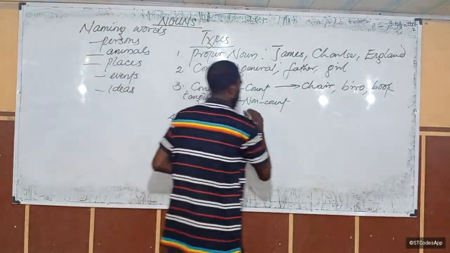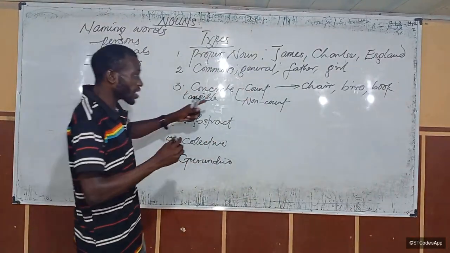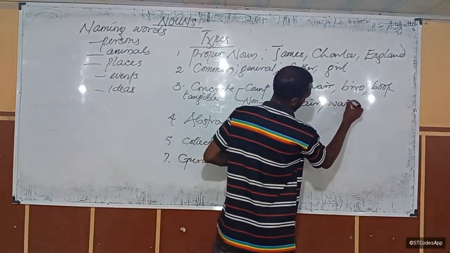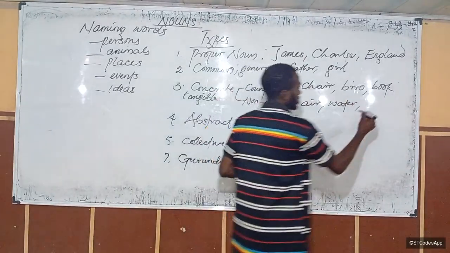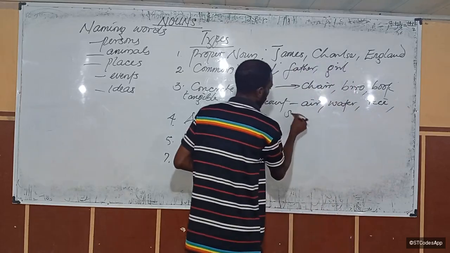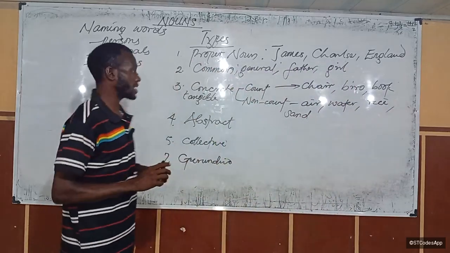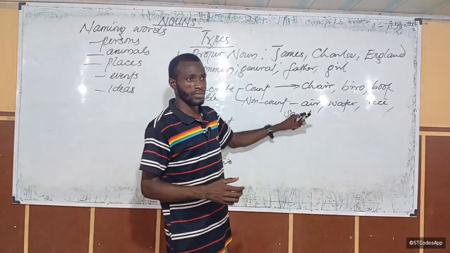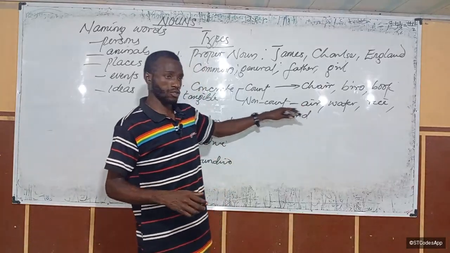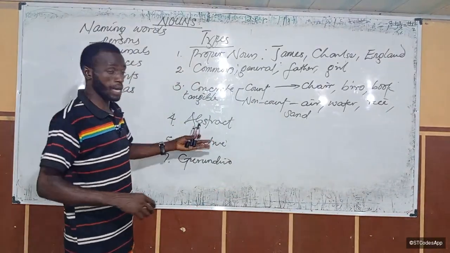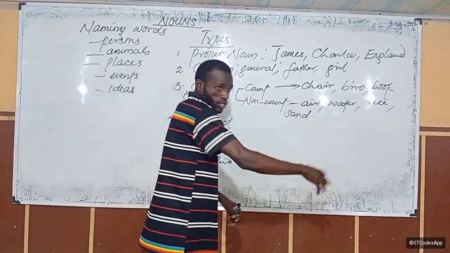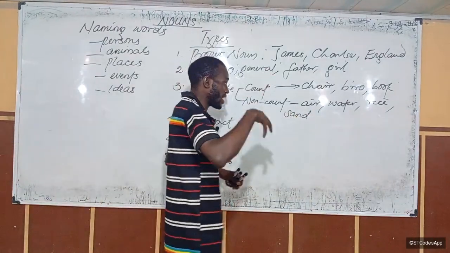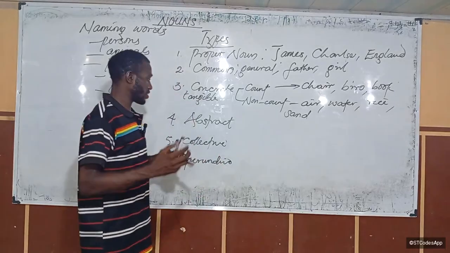Now, air is also part of this. But air is a non-count noun. Water, grain of rice, sand, all of these are non-count nouns, but we can also see them and touch them. Students are usually confused about why air should not be an abstract noun. But in fact, if you sway your hand like this and sway backwards, you're going to feel the air. So it means you're touching the air, kind of. So air is actually concrete. Air is not abstract.